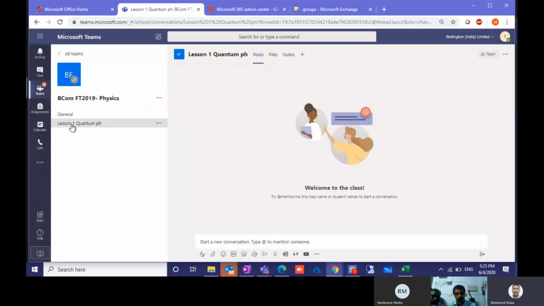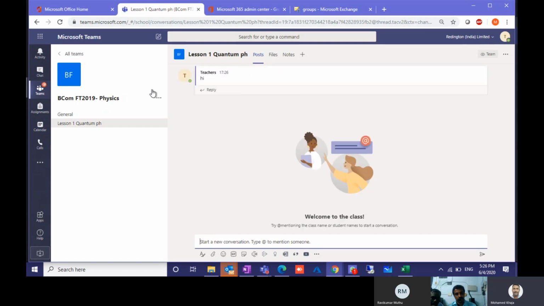Once they join, all the things that they discuss will be here. Like if the teacher says hi, or if the teacher is assigning an assignment from general, all will be routed in this. So it will be separate. For quantum physics, it will be separate. For atomic physics, it will be separate.